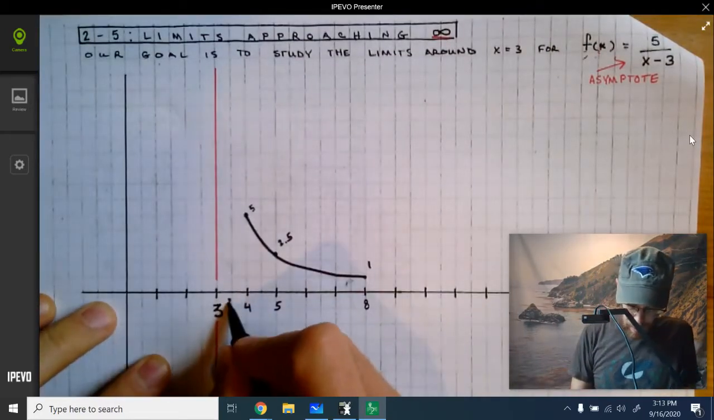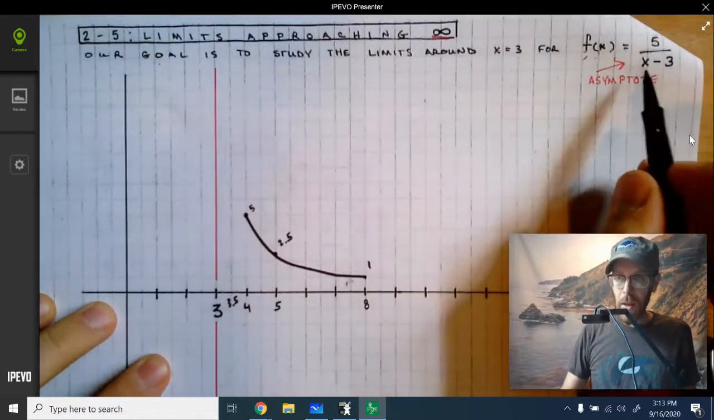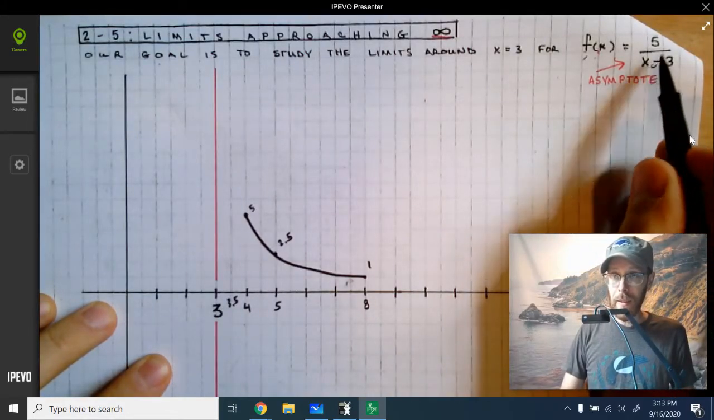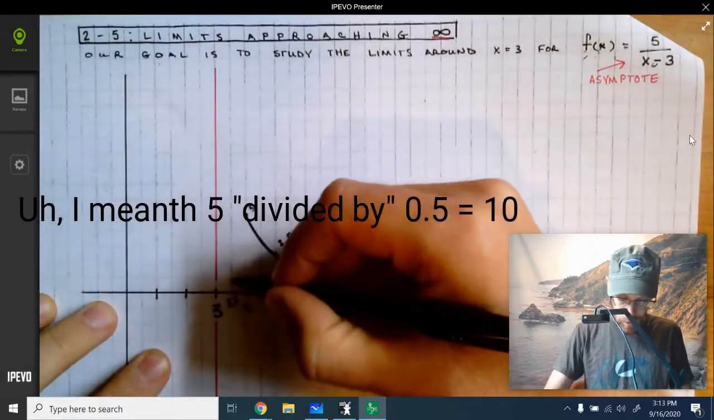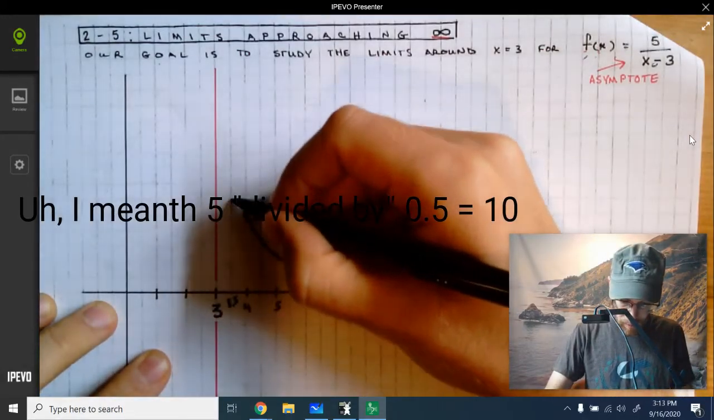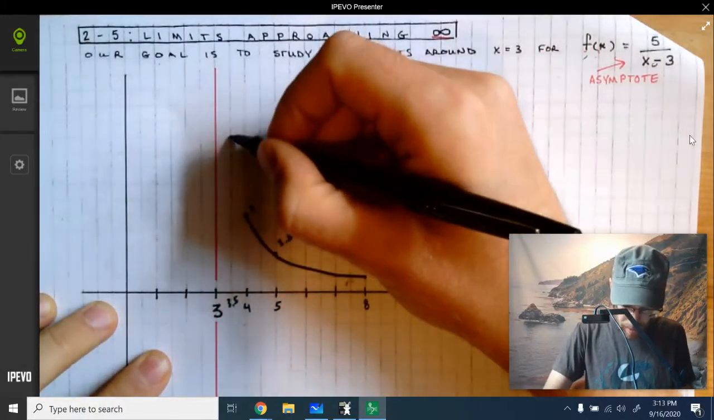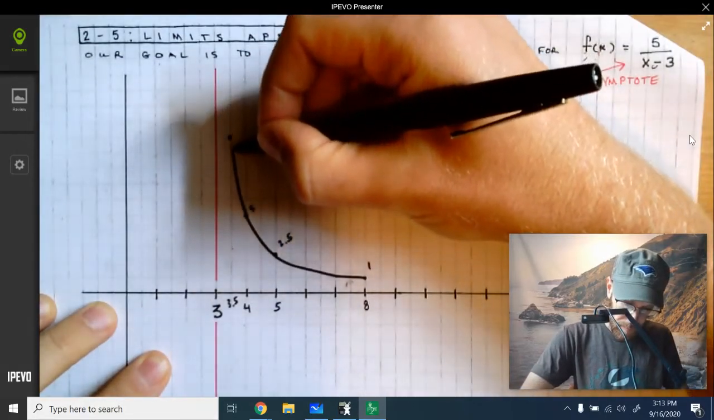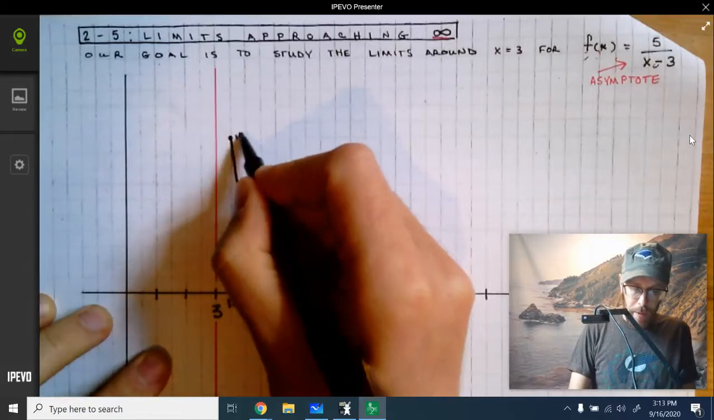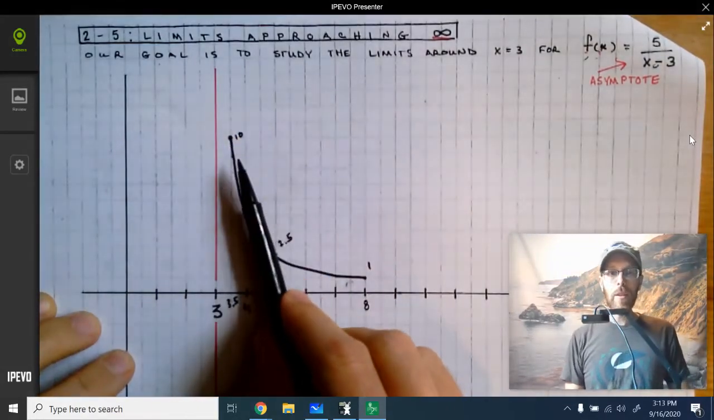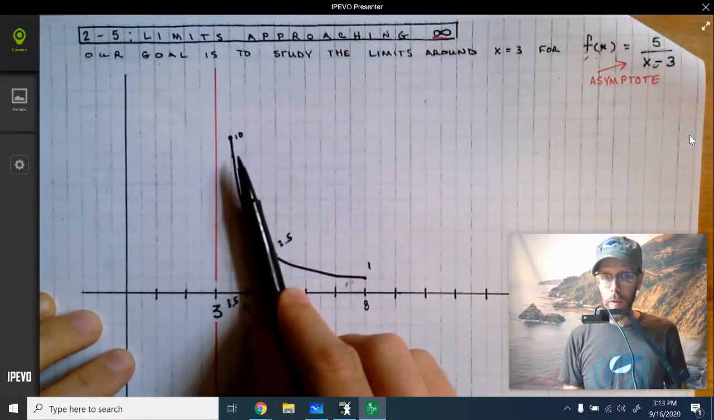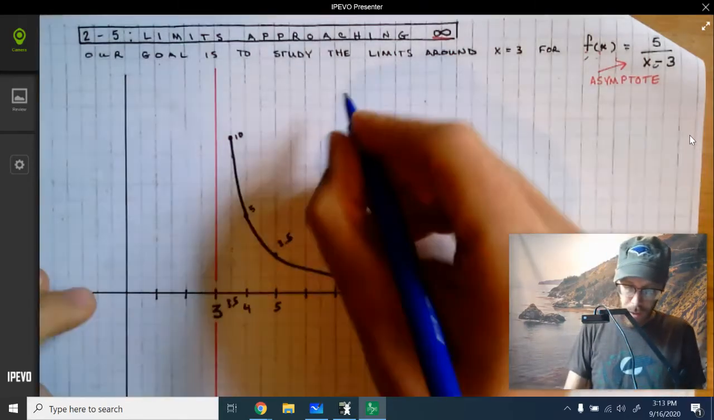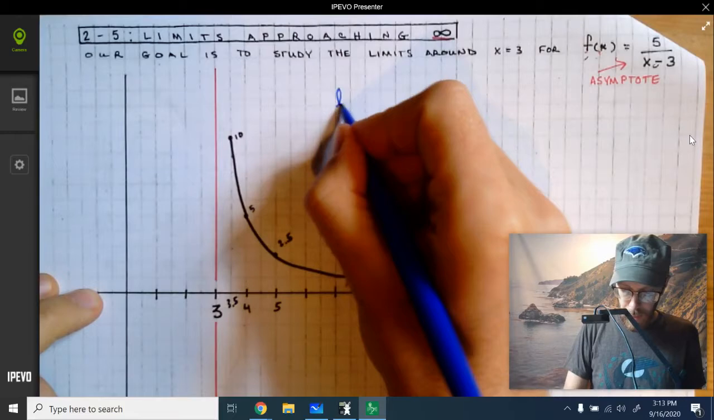What if I plugged in 3.5? 3.5 minus 3 is 0.5. 5 divided by 0.5 is 10. So 1, 2, 3, 4, 5, 6, 7, 8, 9, 10. The graph sure appears to me like the values of it are getting very large over here as we approach 3. So the question is, what is the limit